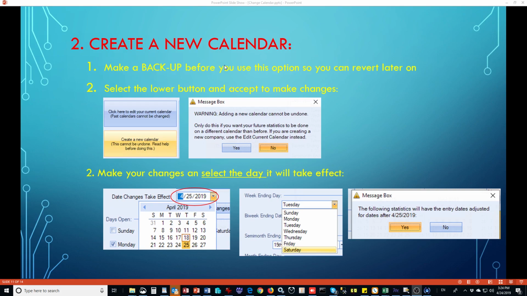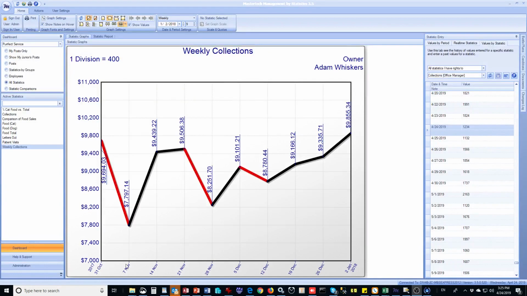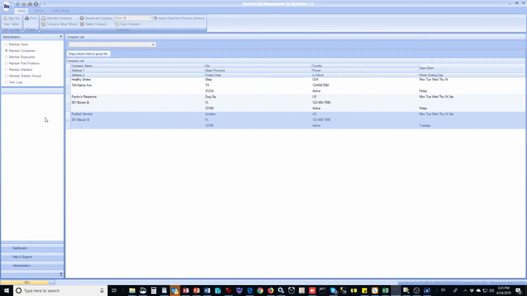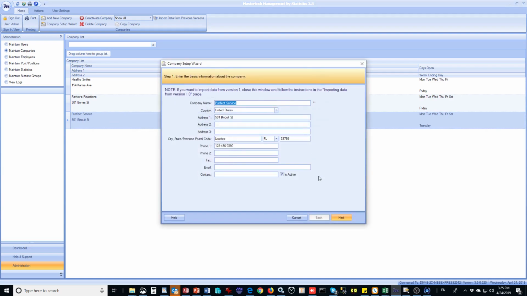There is a video on this in our series in administration, so please take a look at how to do that before you do this, so that you can always revert. Then, what you need to do is select the lower button. You accept some changes, and we're going to make some changes on a specific day where it will start to have effect. So in the software, I'll go back to administration, maintain companies, double click the company I want to